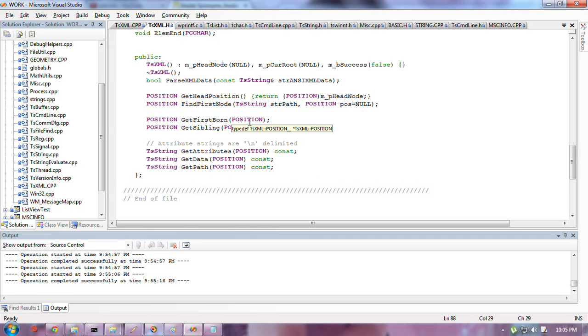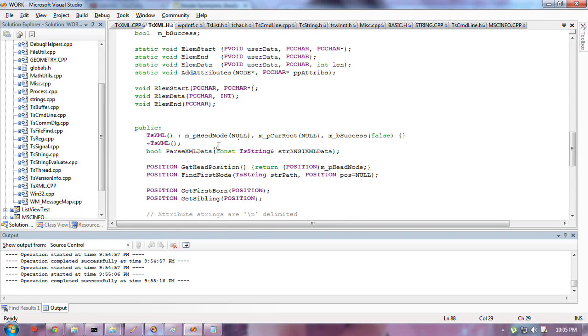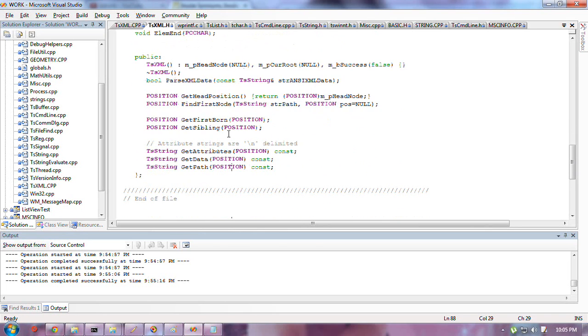And the outside world only sees this interface and doesn't need to worry about the details of what this thing is. Okay, so that's one lesson in not just protecting yourself from making mistakes, but in general,